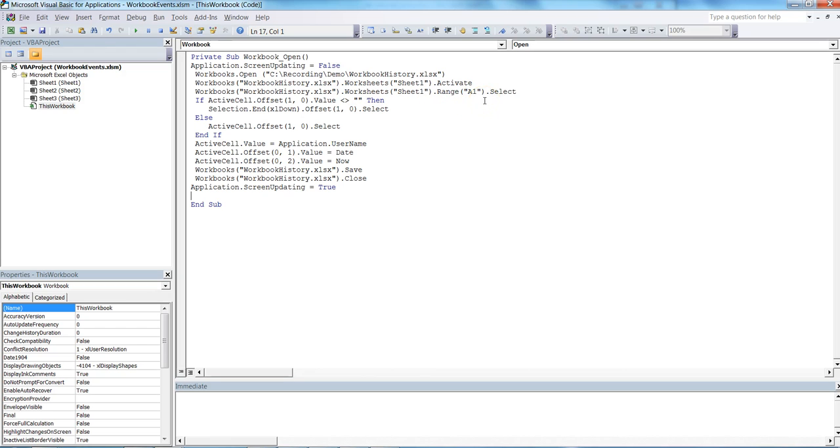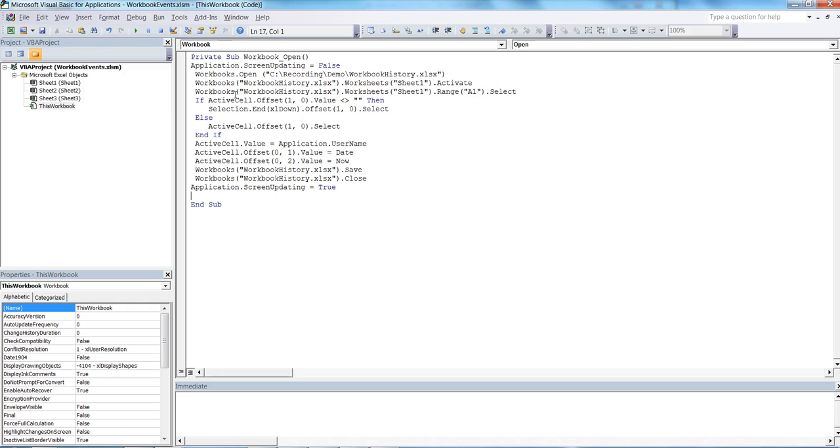history.xls.Worksheet.Sheet1.Range A1.Select. That means I am selecting the cell A1. So now you can observe that I have mentioned the complete syntax for selecting the workbooks. If we will not do this, then you will get the error. So as we are opening the different workbook from this workbook, we need to mention the complete syntax. That means for which file which worksheet, from which file which sheet for which range needs to be selected. So you need to mention the complete syntax so that the